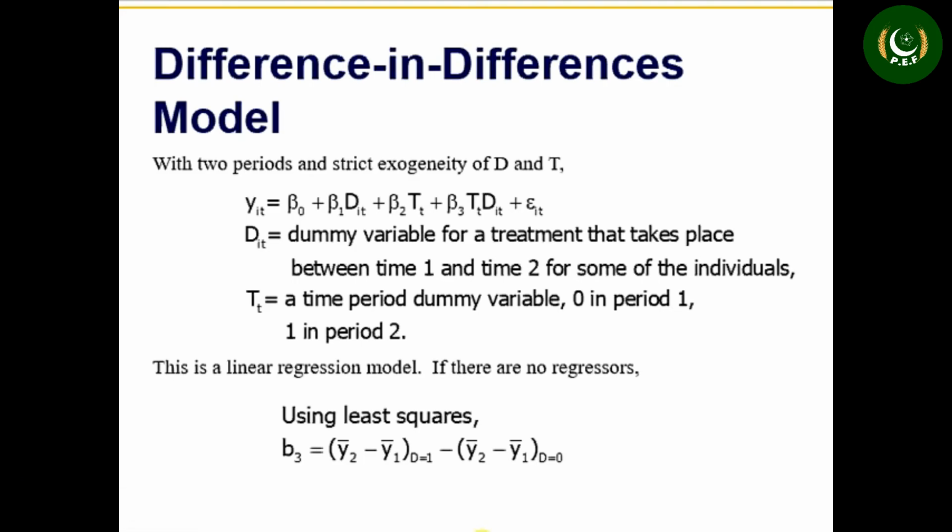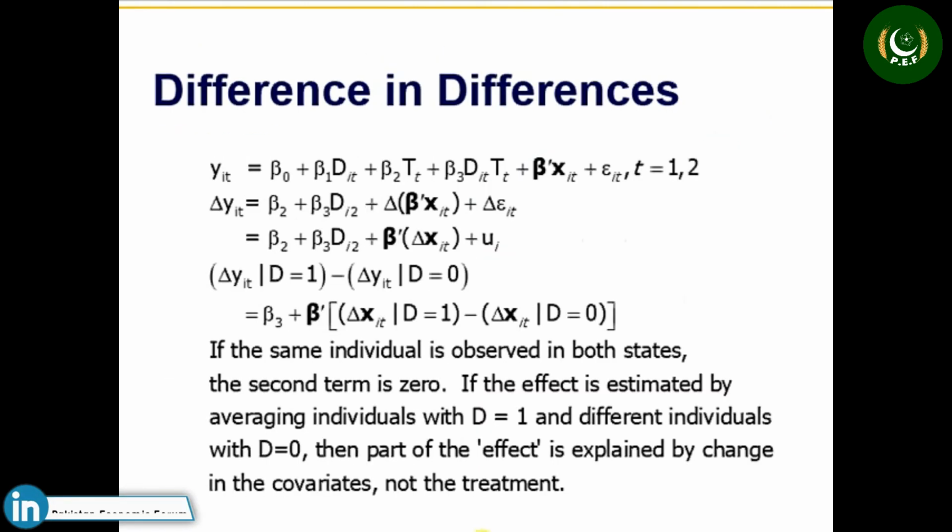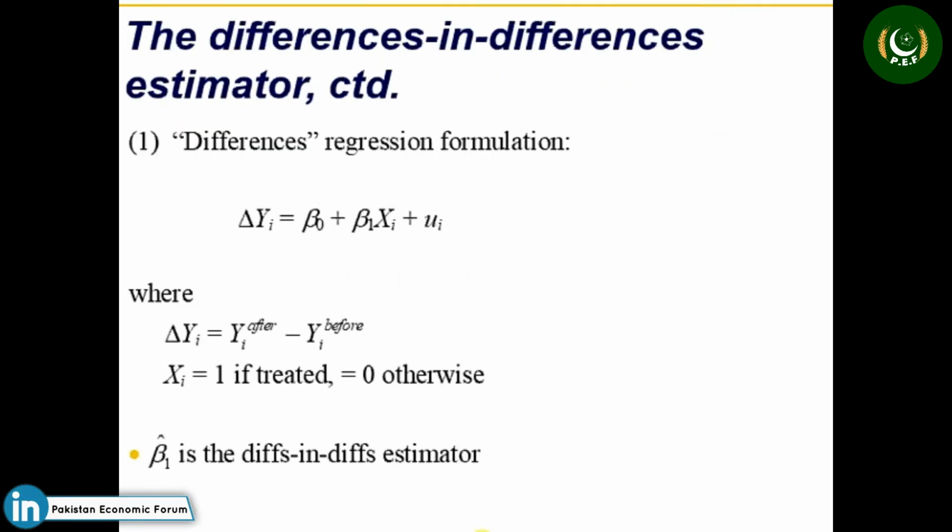So it means this D is not randomly assigned. There can be many other factors which must be taken into account, such as parents' guidance or their status and all those things. Therefore we may need to include some other